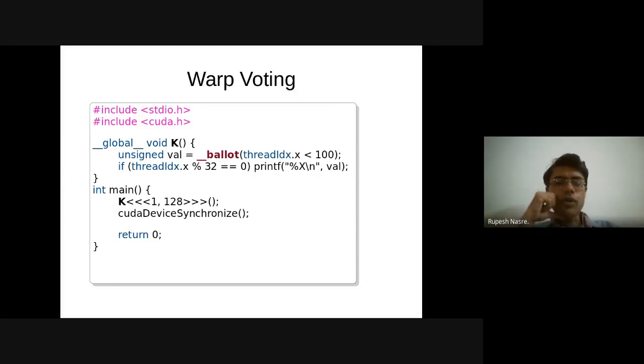Okay, what does the warp 0 print? Okay, Arihant says that it's going to print 8 Fs.